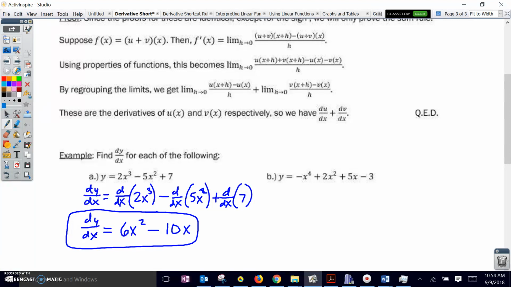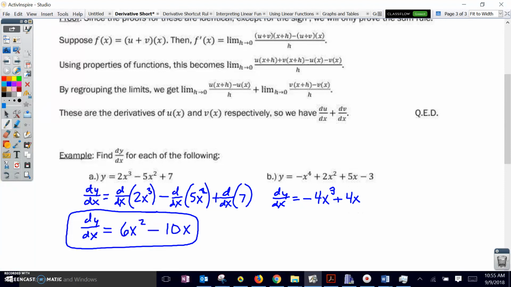Do the same in part B, dy/dx, and I'm going to just take each derivative term by term and put the appropriate sign in between them. The derivative of negative x to the fourth is negative 1 times the derivative of x to the fourth, which is negative 4x to the third, plus the derivative of 2x squared, which is going to be 4x,